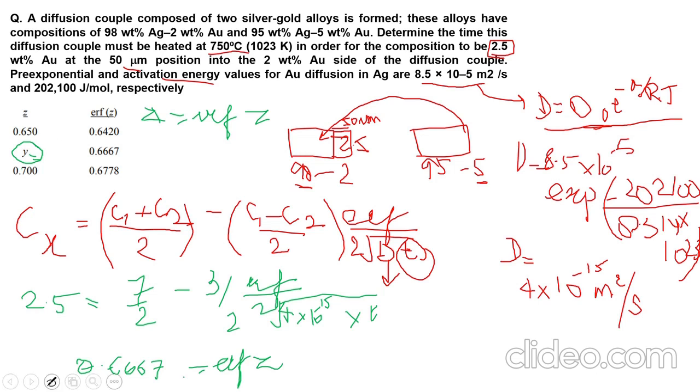We have equated the point 0.6667 to ERF of Z. Once you get the value of that, because you do not know what the value of this y could be, for finding the value of y you have to use the table, and by the interpolation method we can use it like this: y minus 0.650 divided by 0.7 minus 0.65,